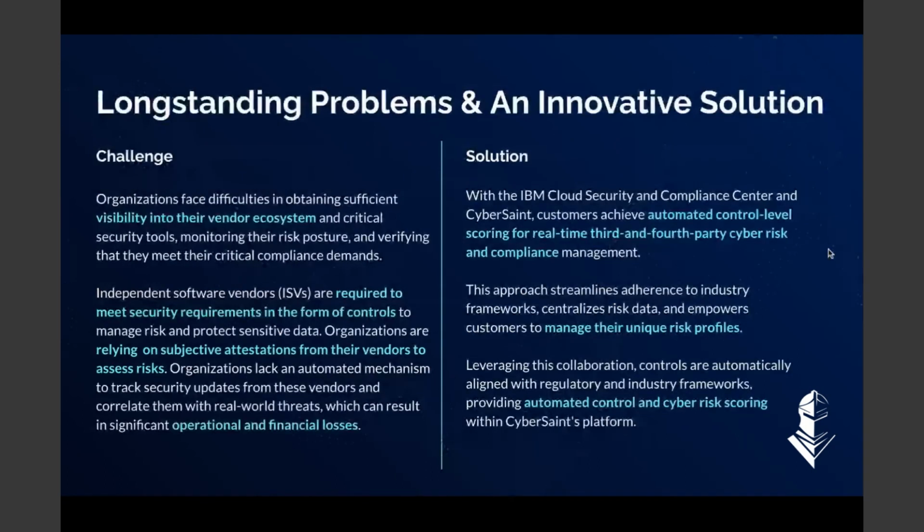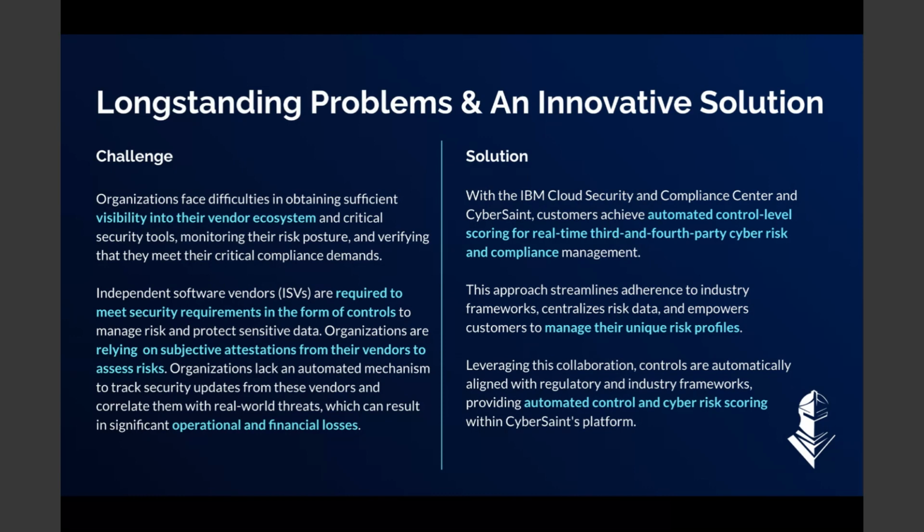So this is a longstanding problem: cloud native applications, vendor and third-party risk. We all know how this is a problem. It has for too long been overly reliant on manual solutions. We have customers who have been trying to do this with spreadsheets for years. It's just not possible anymore when you have hundreds of vendors. And there's no visibility for organizations into their vendor ecosystem. If they're always struggling to update the assessments and the security controls, they lose the plot entirely with respect to